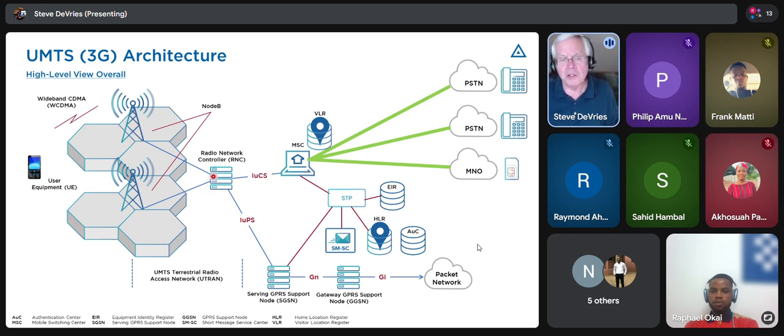And these would connect to a radio network controller. Remember, in 2G, those would be base transceiver stations, the cell towers, and then base station controllers. So again, some new names here. What you had here on 3G was the radio network controller making the determination on whether this was a circuit switched call or a packet switched call. If it was a circuit switched call, you were maybe texting a short message, or you were placing or receiving a voice call. That's a circuit switched service.